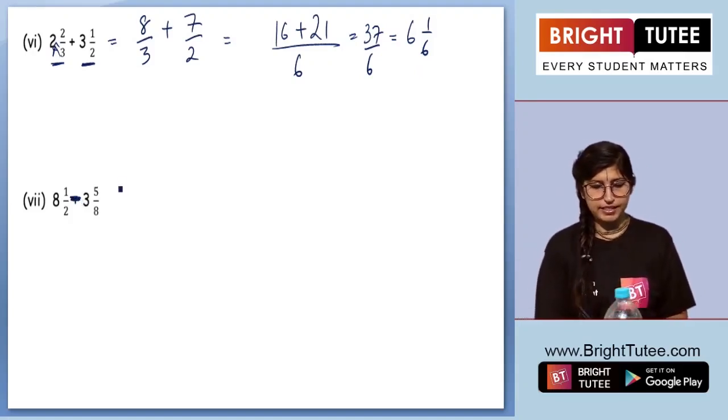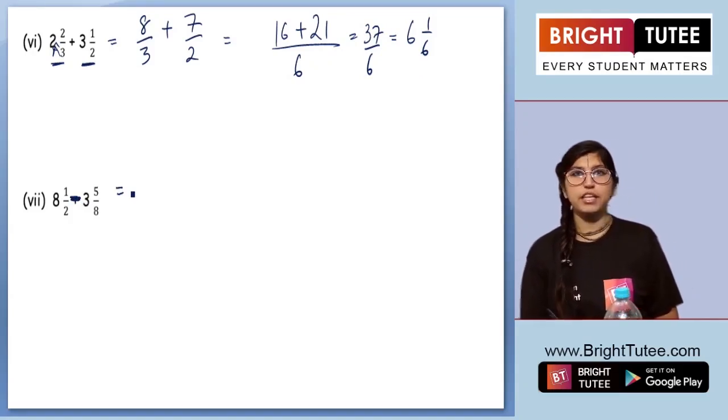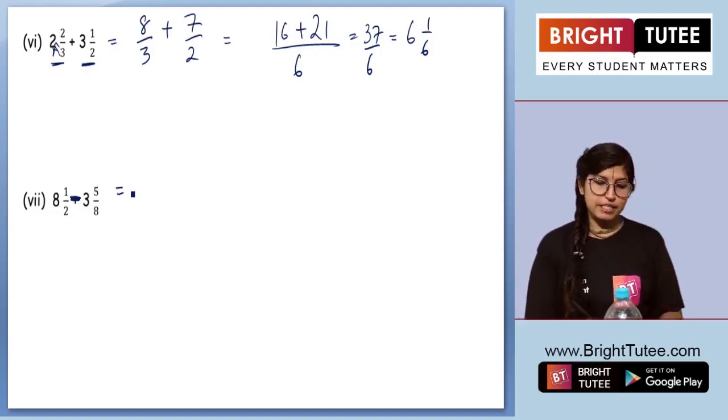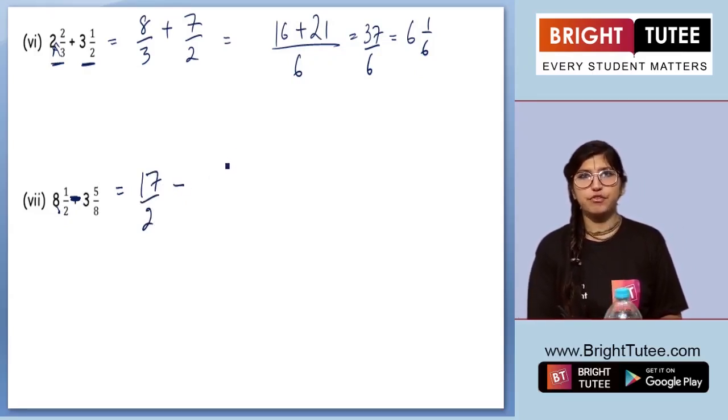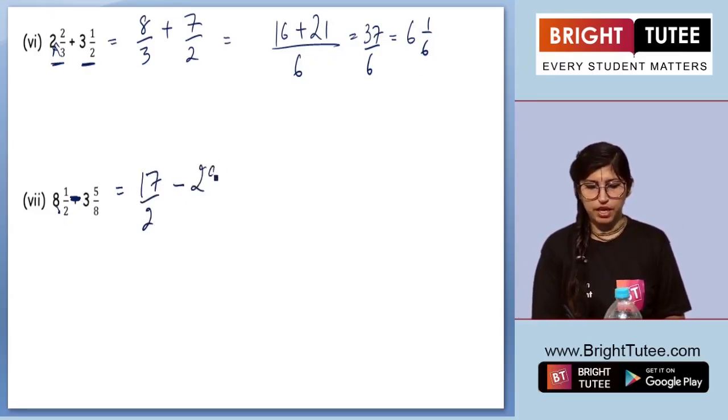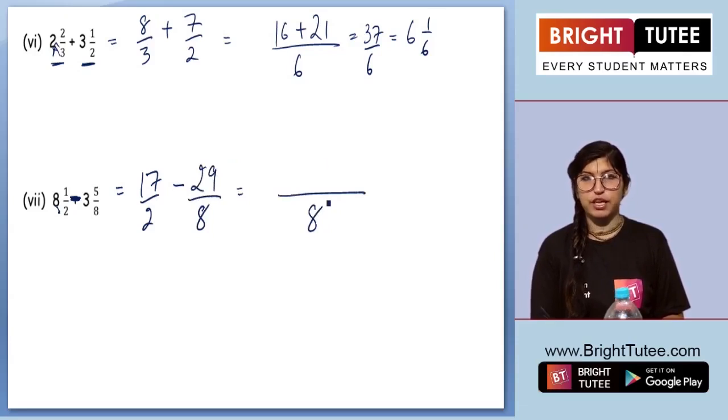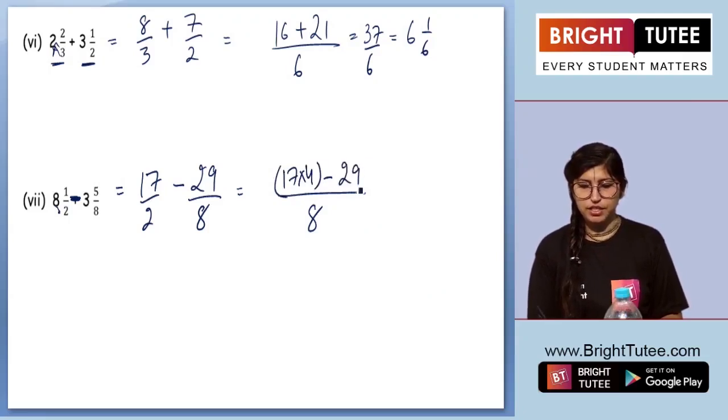Over here it says 8, 1 by 2 minus 3, 5 by 8. So 8, 1 by 2 is 8 multiplied by 2 and plus 1. So it will be 17 by 2 minus 3 times 8 is 24 plus 5 is 29 by 8. So we will be taking the LCM, which is 8. 8 divided by 2 is 4. So 17 times 4 minus 29. So 17 times 4 is